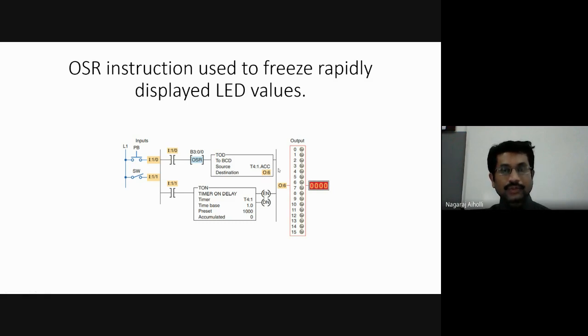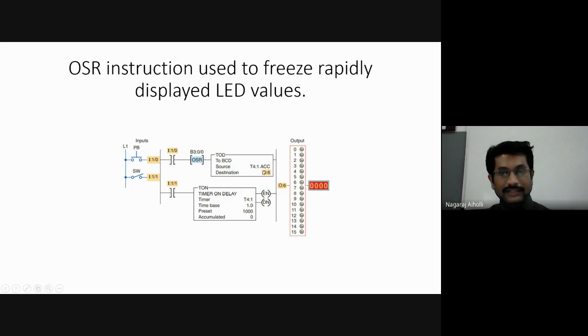And then this 5 is displayed as the 5th output LED will be turned on, and it will display it as 0101. That is the binary value of the decimal number 5.